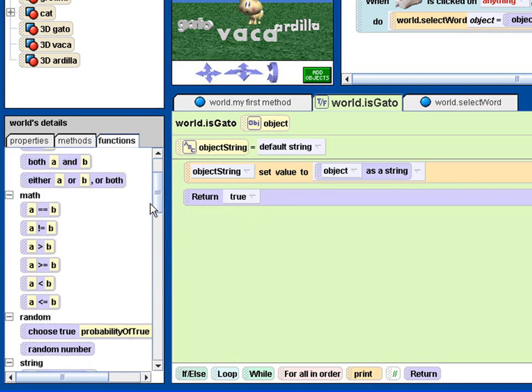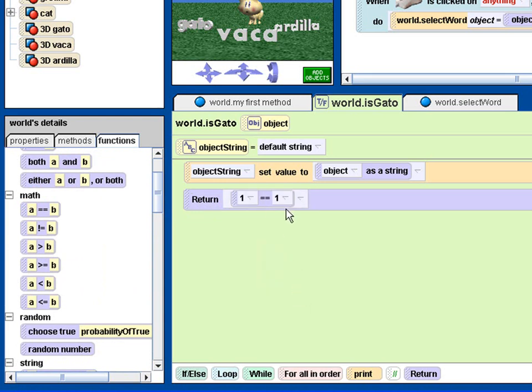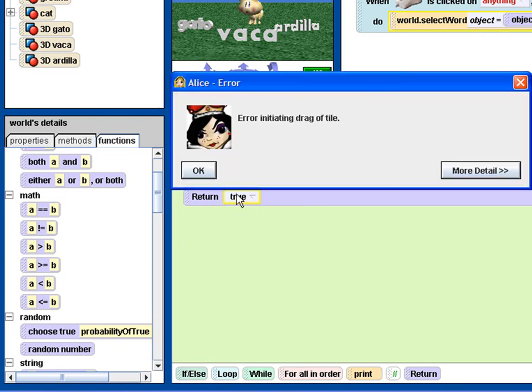Now, if I try to put a comparison in here, A equals B, it insists that A and B be numbers. If I try to drop a string in here, it won't let me put that inside the comparison. So you cannot take one of these expressions and then put strings in it. What you can do is if you put a string,